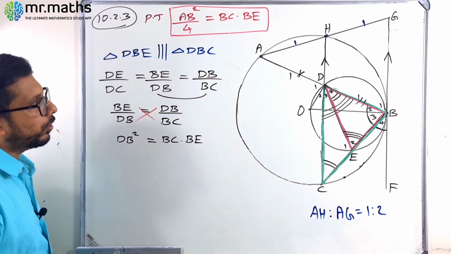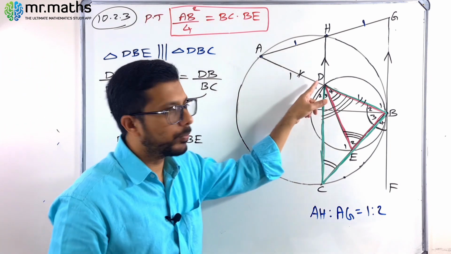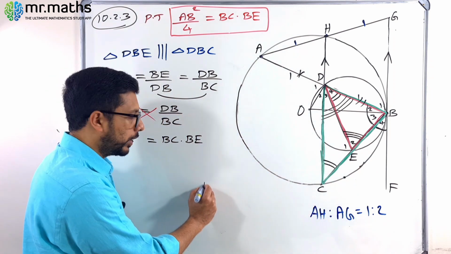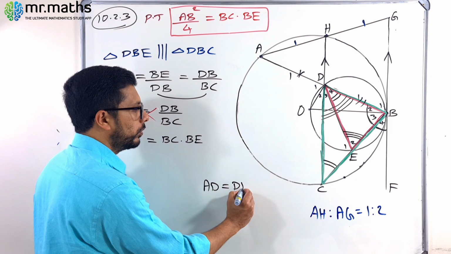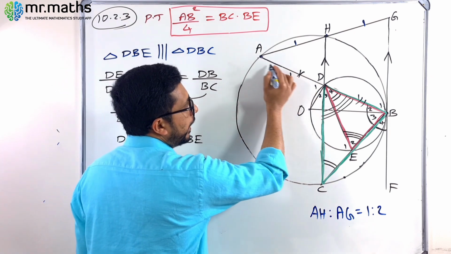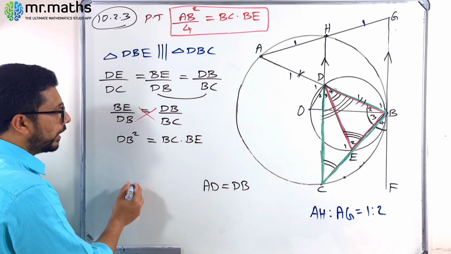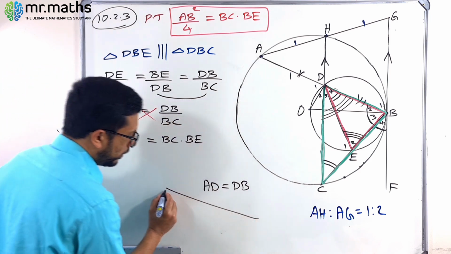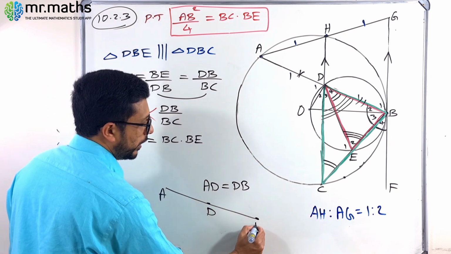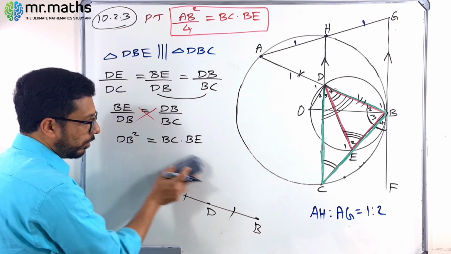Am I right? Now DB, I told you before, in the previous question we already proved that AD is equal to DB. Or D is the midpoint of AB. So it means that AD and DB are equal in length. Look at this one: this is the point A, this is the point D, and this is the point B. So AD and BD are equal in length, which means instead of this DB